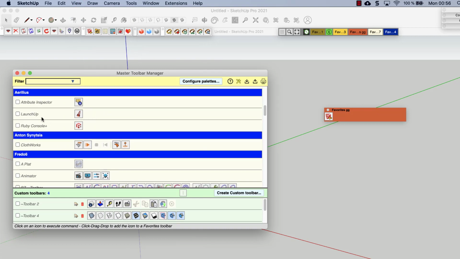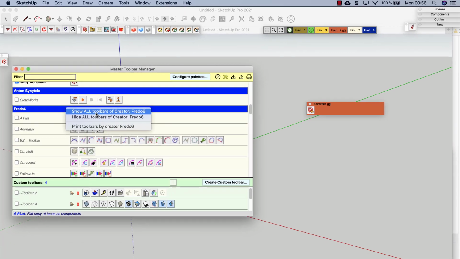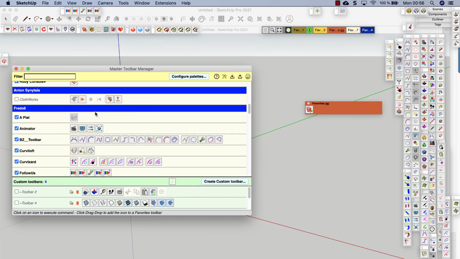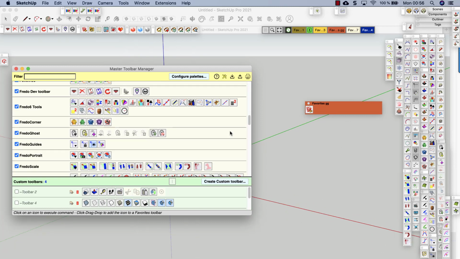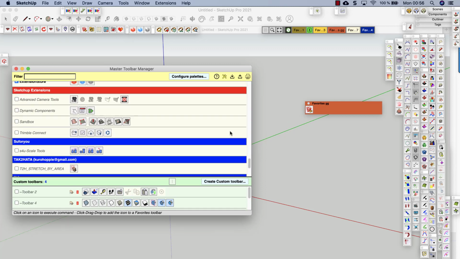Here, you can just click to toggle the visibility. You can also, by right-clicking, show all the toolbars or hide all the toolbars of a particular creator. So, for example, all my toolbars are here shown. So you have more flexibility for that.